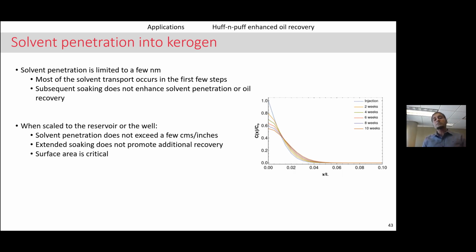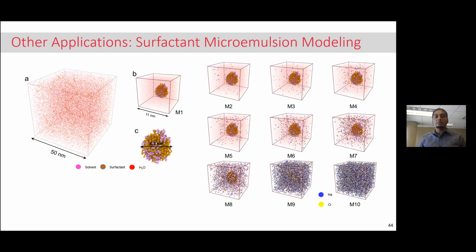And that's borne out by experiments in the field. Most of the companies who are implementing EOR right now, huff and puff EOR, are of course injecting large volumes of solvent, and they're going through short soak cycles, because a soak cycle is where you're just letting the oil come into contact with the solvent and you're not doing anything. You're not making any money. Where you're making money is the production time. So short soak cycles allow you to start producing more rapidly. And we can see all of these things with molecular dynamics, and it's also supported by experiment.